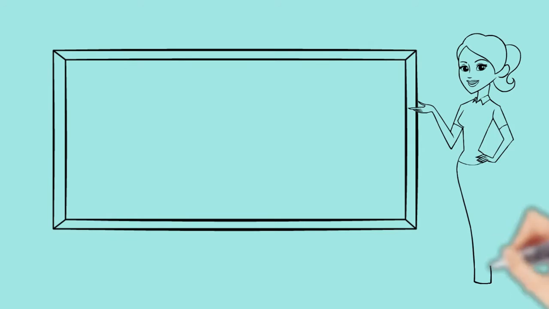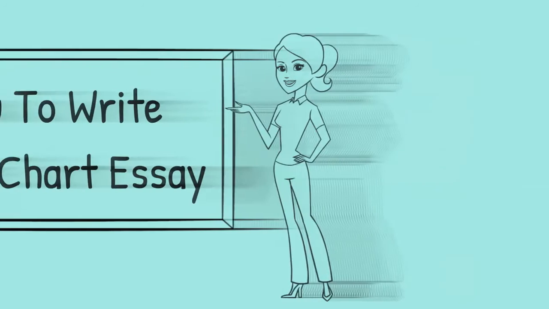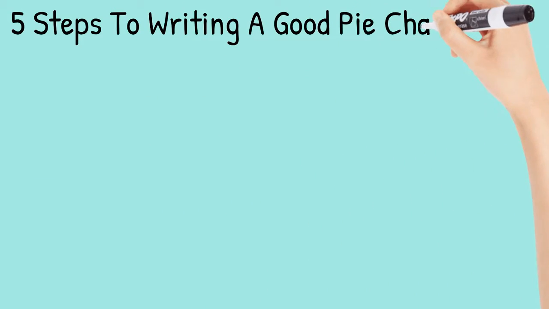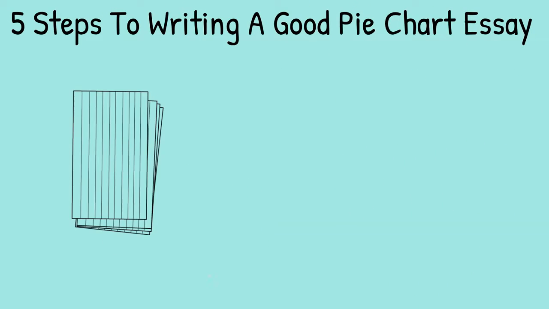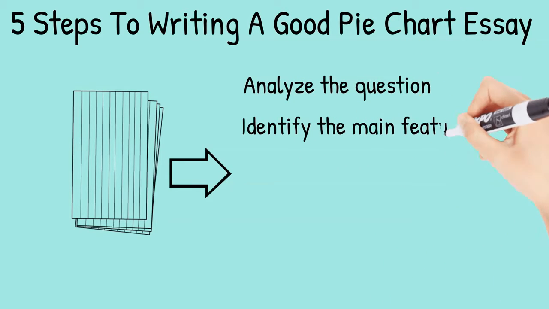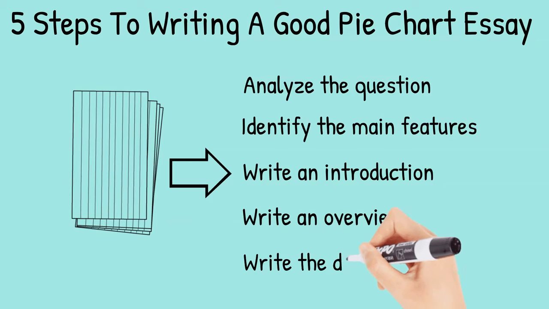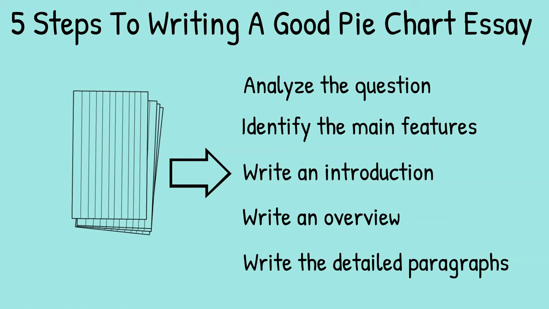In this video, we will cover how to write a pie chart essay for IELTS Academic Writing Task 1. Using the 5 steps process to plan and write a pie chart essay will help you to achieve a high score. The steps are: analyze the question, identify the main features, write an introduction, write an overview, and write the detailed paragraphs. In this video, we are going to work through each step as we answer a practice question, and